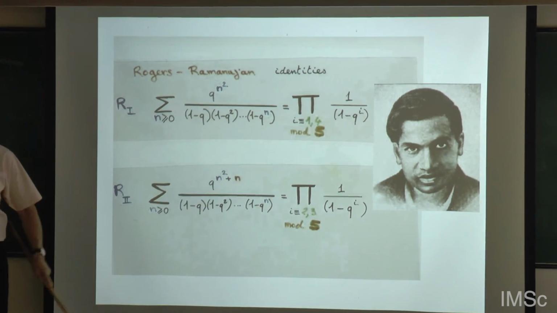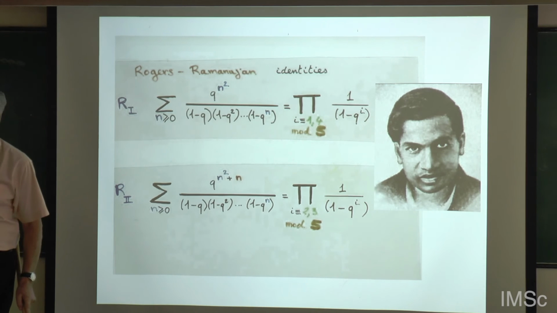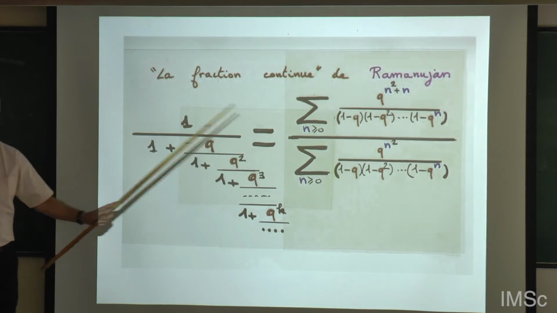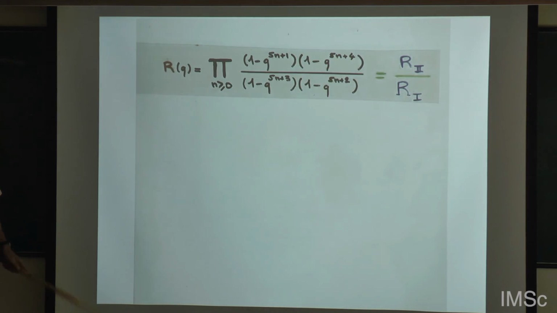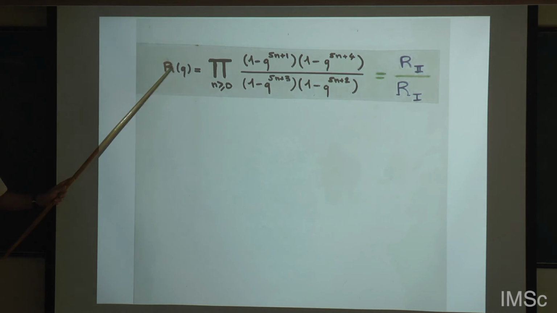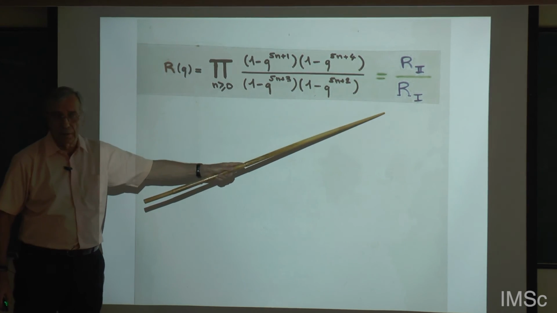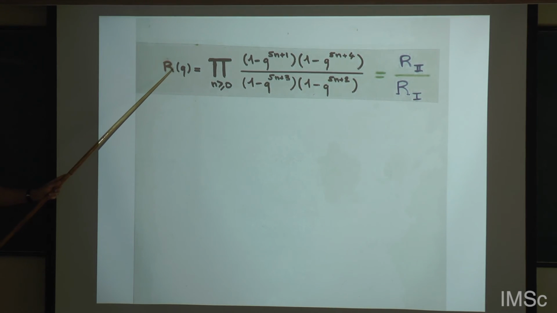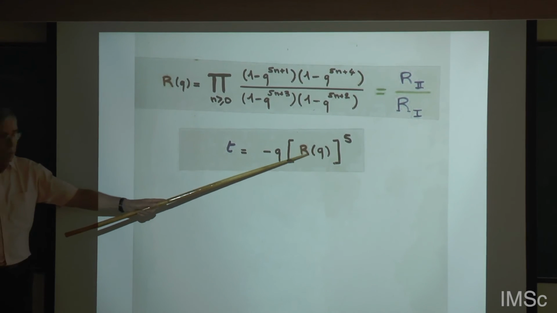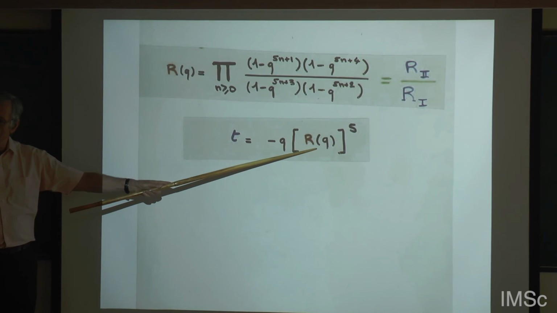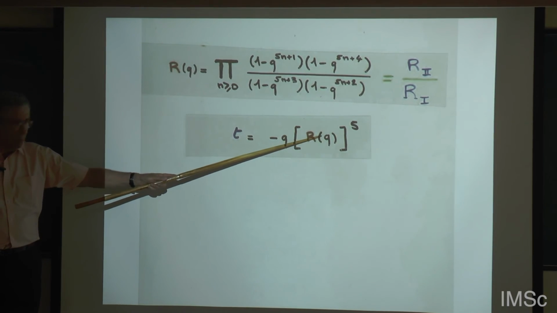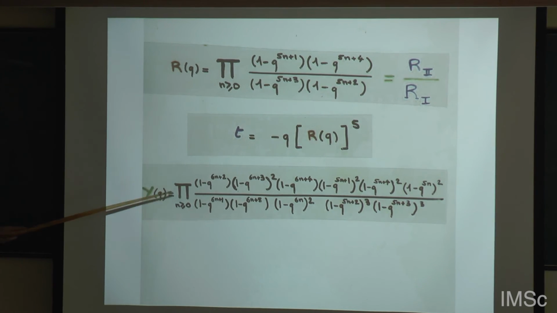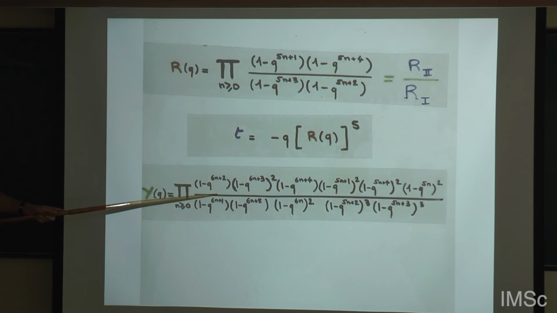If you take the two Rogers-Ramanujan identities, again, if you take the ratio of these two, so if you take the Ramanujan continued fraction, R of q, it is the ratio of the two Rogers-Ramanujan identities. The ratio is written as an infinite product. So this is the Ramanujan continued fraction. If you write t equal minus q, this continued fraction to the power 5, the power 5 of the Ramanujan continued fraction, and if you write y equal this beautiful ratio of infinite products,